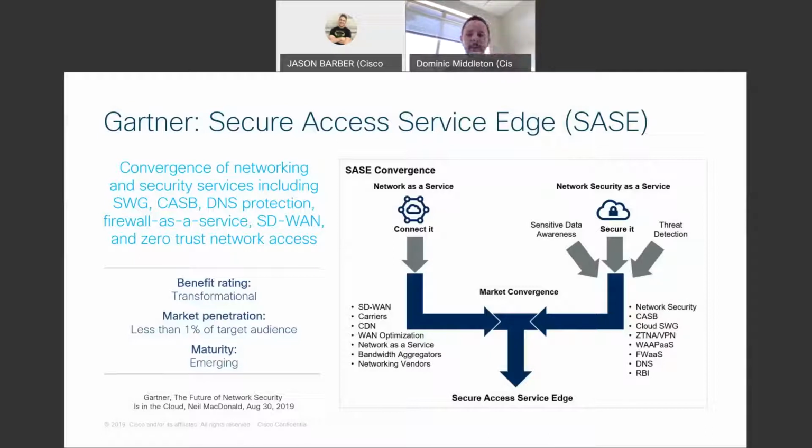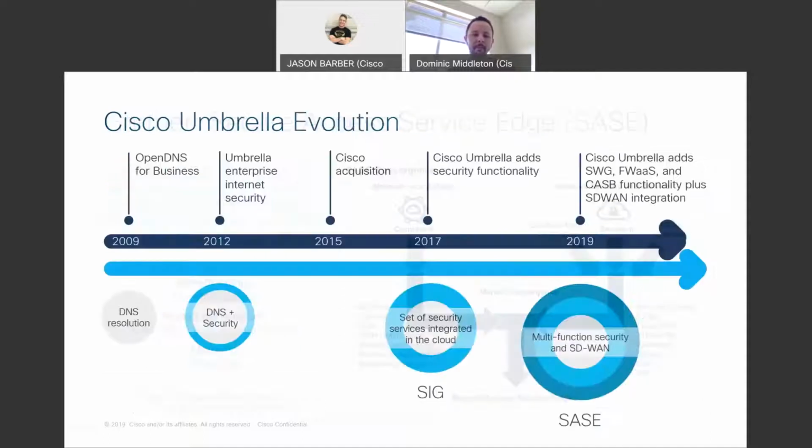So you'll see here on this slide, network as a service, like I mentioned, SD-WAN, but also carrier setup, WAN optimization, et cetera. On the right side is what we're going to be focusing more on today, and that's network security functionality: CASB or Cloud Access Security Broker, Cloud Secure Web Gateway, Zero Trust, Firewall as a Service, DNS, et cetera. So lots of different tools come together with the network as a service, giving you a single solution that you can use to set up your SD-WAN, your direct internet access, your remote access, whatever you need to do, and have it done on a secure model from the get-go.